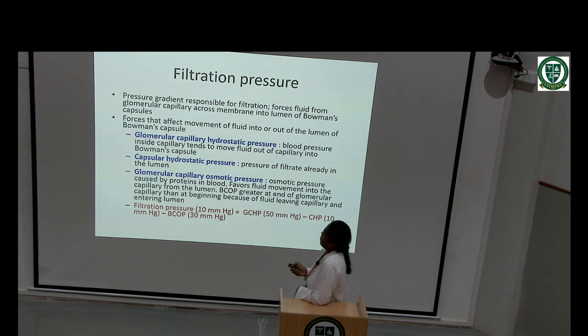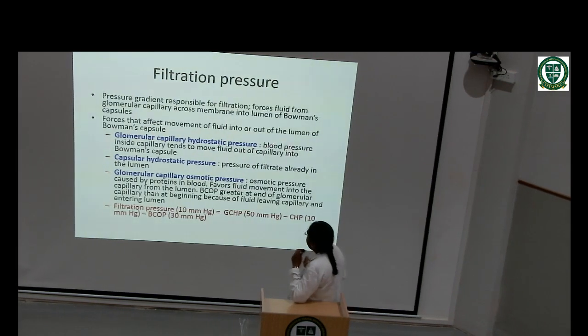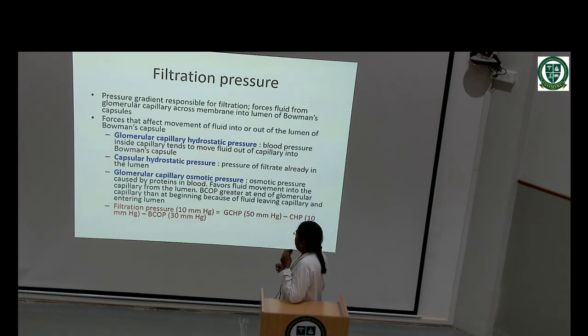Filtration pressure. The pressure gradients responsible for filtration forces are glomerular capillary hydrostatic pressure, that is the blood pressure inside the capillary, which tends to move fluid out of the capillary into the Bowman's capsule. It's around 50 mmHg. Then capsular hydrostatic pressure, pressure of a